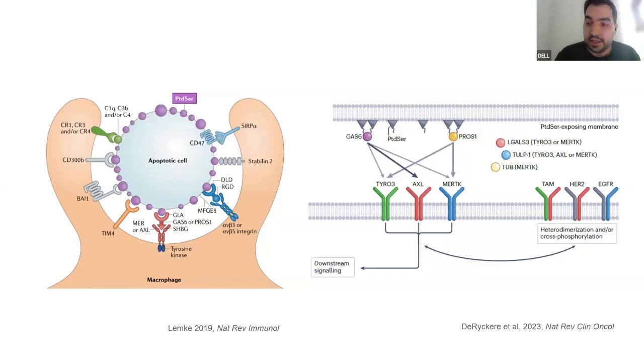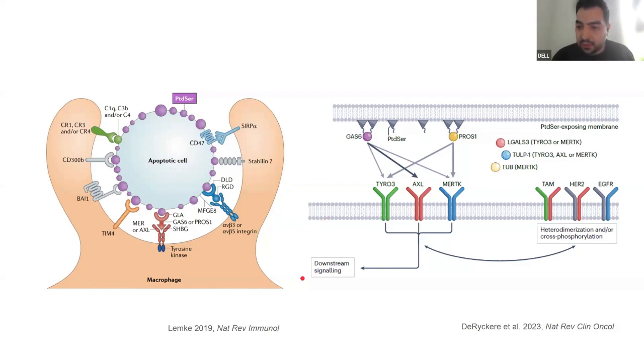And their C-terminal domains in turn interact with the TAM receptor tyrosine kinases, Tyro3, AXL, and MERTK, expressed by macrophages. In this configuration, GAS6 or protein S bound to the phosphatidylserine link the apoptotic cell with TAM receptors, initiating efferocytosis and promoting downstream